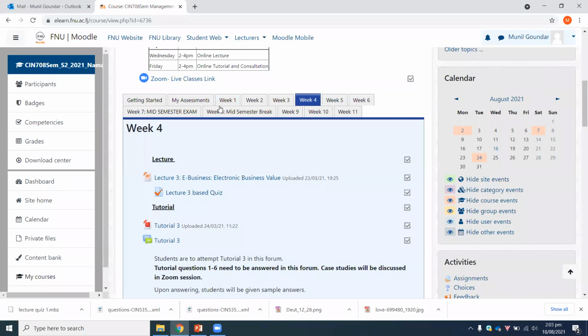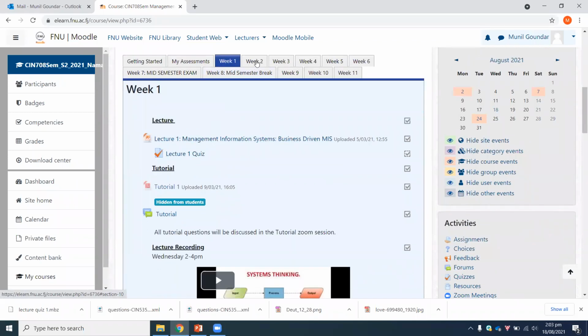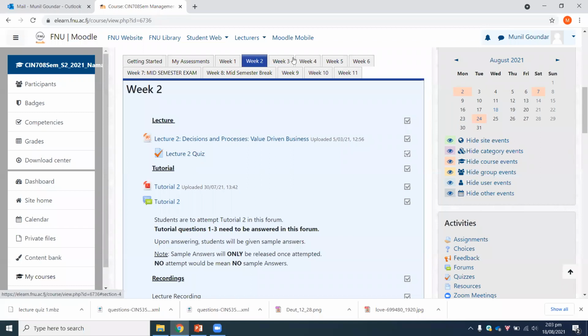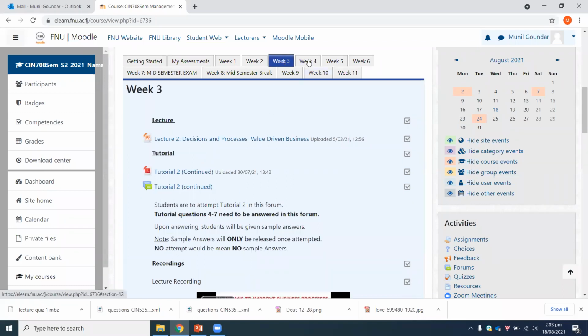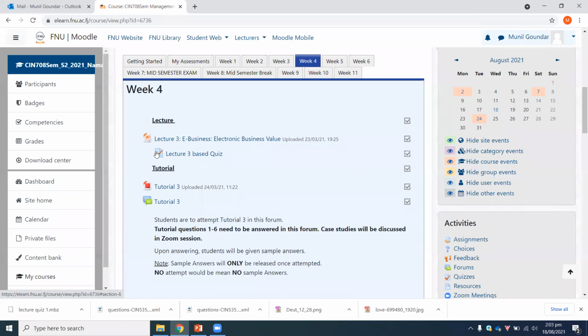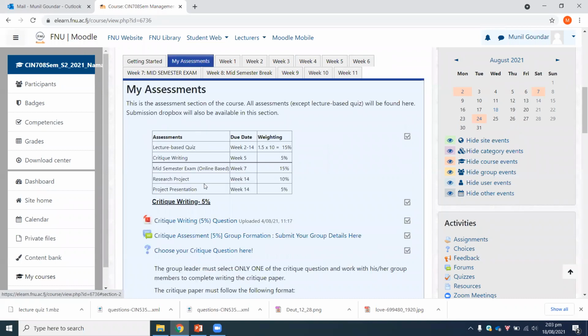Moreover, just quick reminders, please do attempt your lecture 1 and lecture 2 quizzes. Lecture 3, you do not have any quiz because lecture 3 is going to be discussed and we will cover lecture 3 in this week's sessions. As for your assessments, your critic writing 5% has already been released, just like mentioned in the to-do list. Please try your very best to attempt it as soon as possible. It is due within another 2 to 3 weeks time.